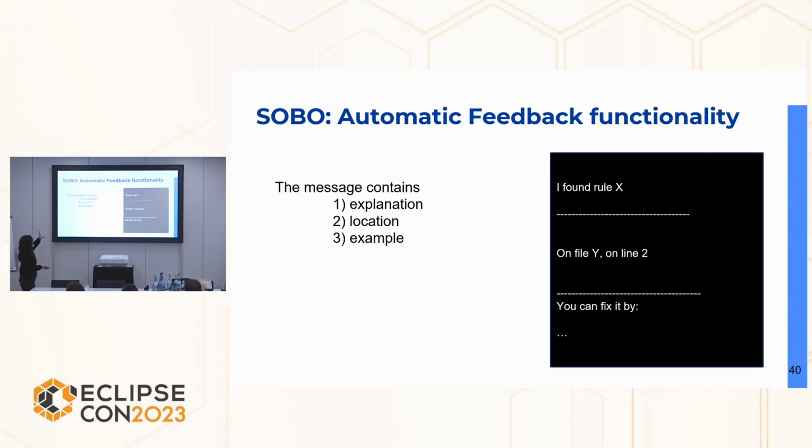And when we provide this feedback, what we make sure is that our message contains three main parts. So first, we explain, I found rule X. This is the rule. This is what it means. This is where it is. So we don't want them to see, OK, this is how the rule works, but where in my code is it? No, we just want them to be very actionable. So they can actually click on a link, and it will send them to the file where they are having the violation.